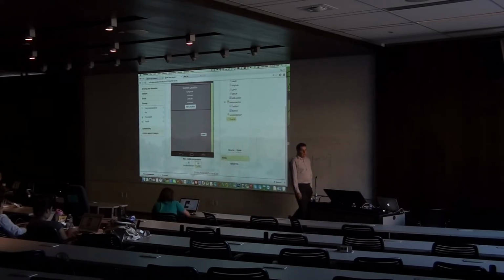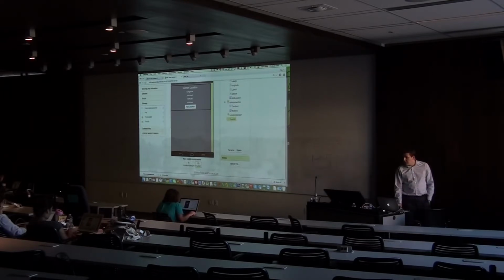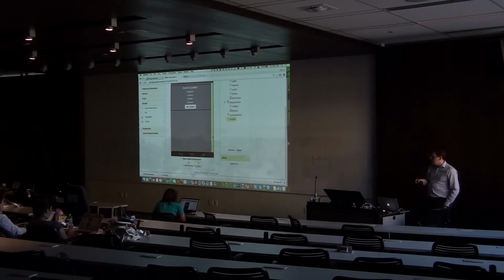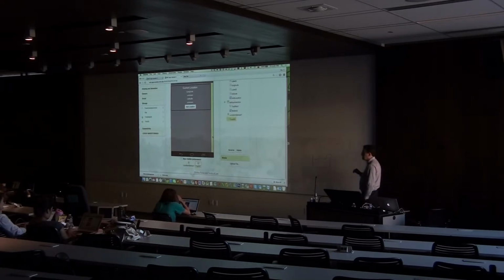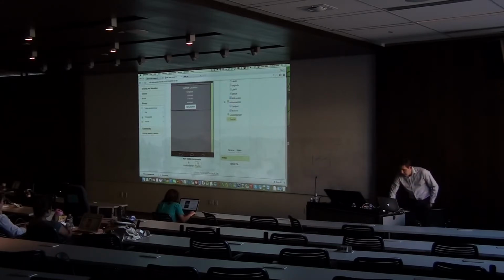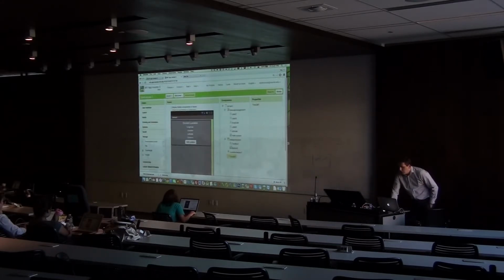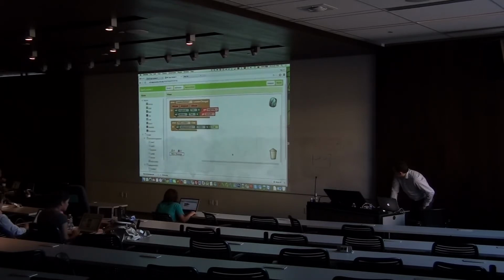And I need to react to the button press, the save button press, and save the values which were input by the user, the name of the place, and the location of the place, the current latitude and longitude values, into the database, right? Okay, so let's do that. This is a little bit more complicated in comparison to what we did, but we have the basics to do that. So first of all,